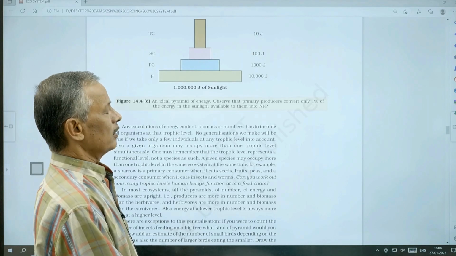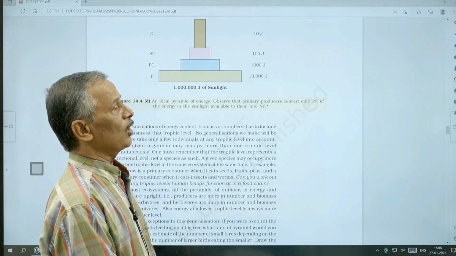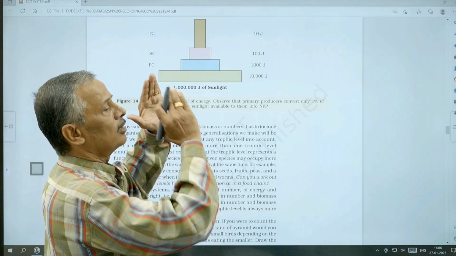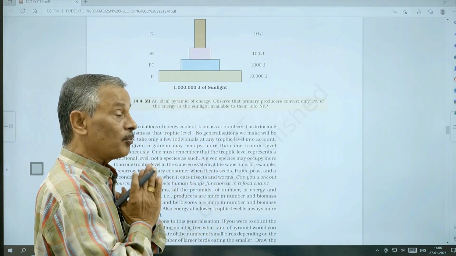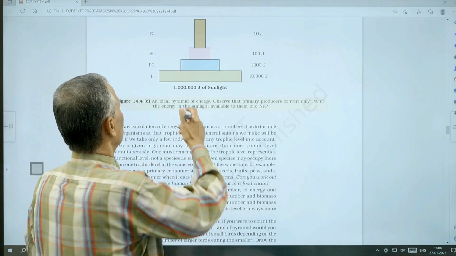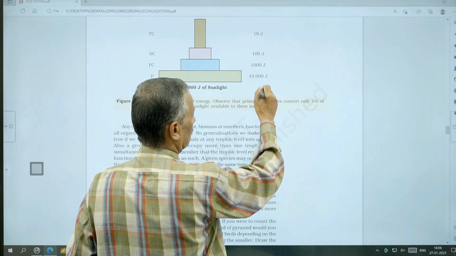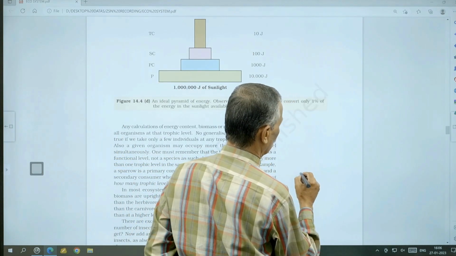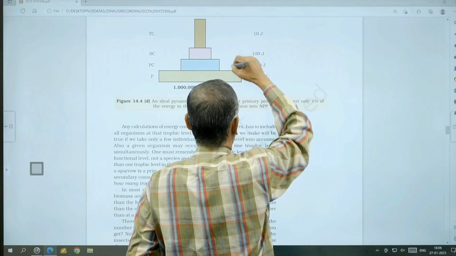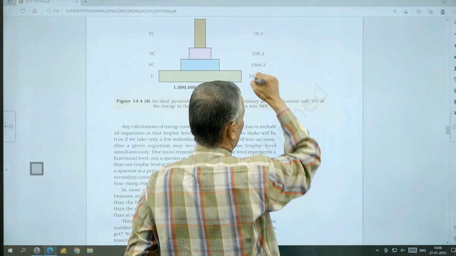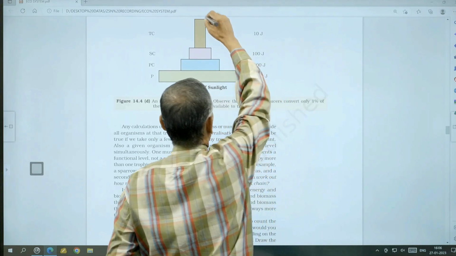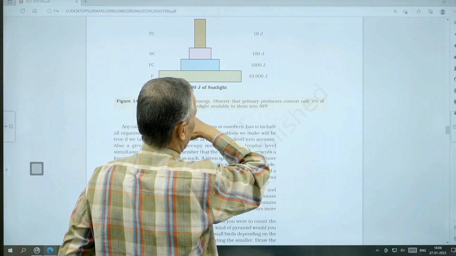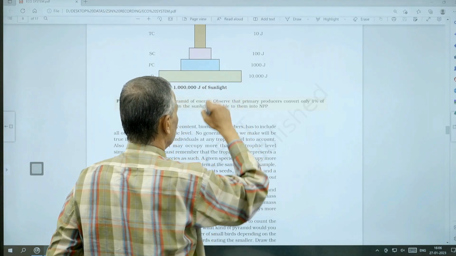Generally, the ecological pyramid of energy is always an upright pyramid. It can never be inverted. That is, it will be having a very broad base. Remember, ecological pyramids are made based upon that value in each trophic level. And always the first trophic level will be at the bottom and the last trophic level will be at the apex. So at the bottom, we are having the first trophic level, the producers. What much of energy?